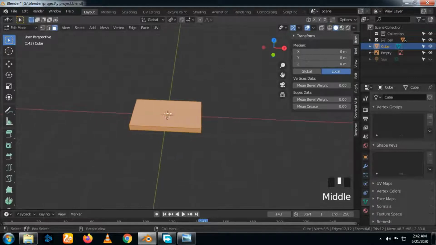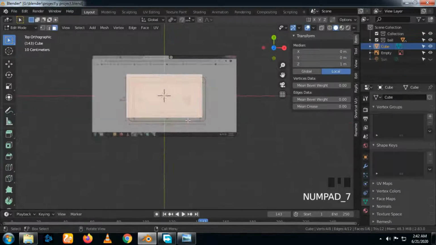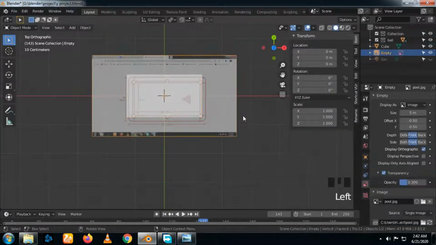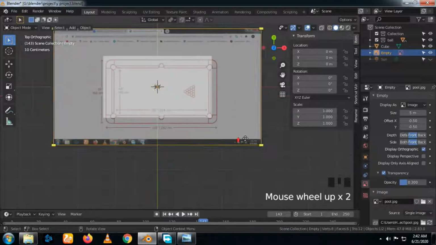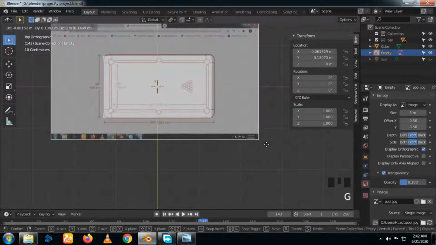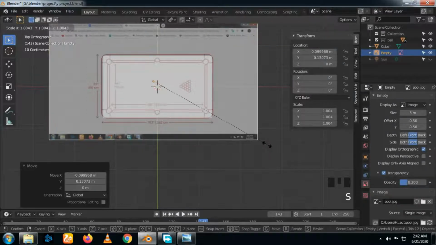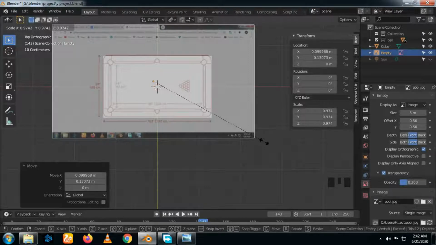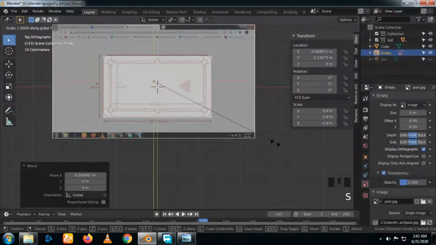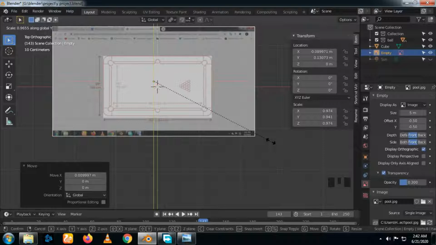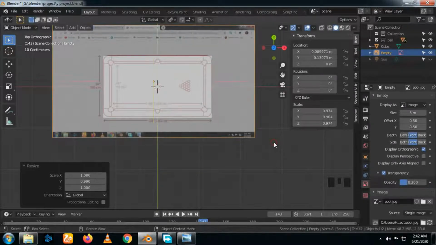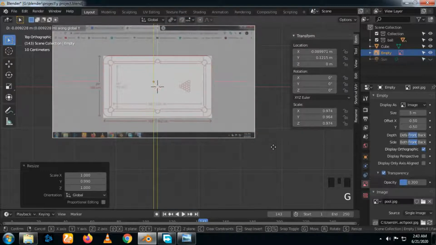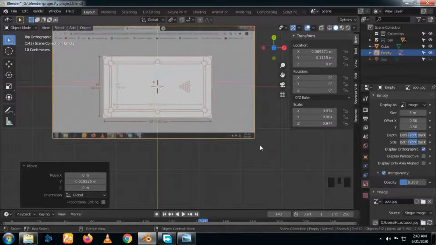Then I'm going to the edit mode, and before that I'm going to adjust my image with the cube. Then I'm going to disable the picture,